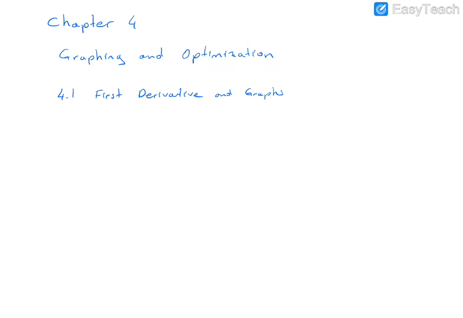Since the derivative is associated with the slope of the graph of a function at a point, we might accept that it is also related to other properties of a graph. As we will see in this chapter, the derivative can tell us a great deal about the graph of a function. In particular, we will study methods for finding absolute maximum and minimum values. These methods have many applications.